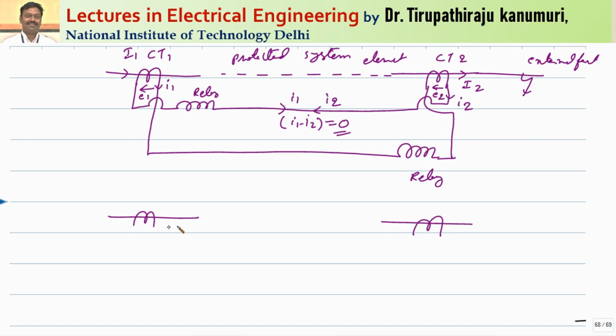This is my CT, some internal fault has happened. So the current I1 is passing here, let us assume the current I2 is passing. So there is some internal fault. So when the internal fault happens, again these things,